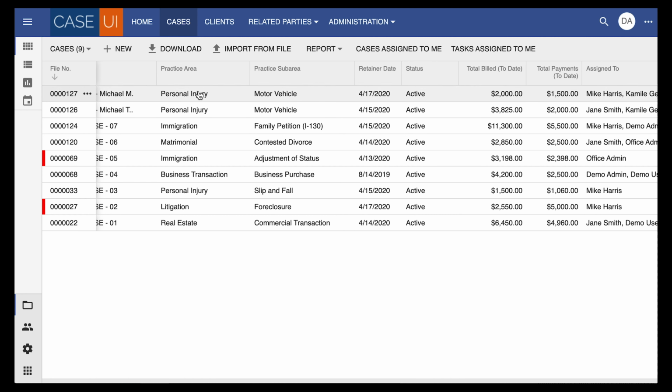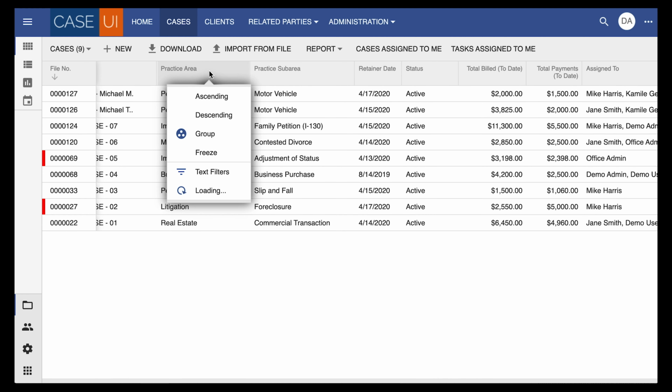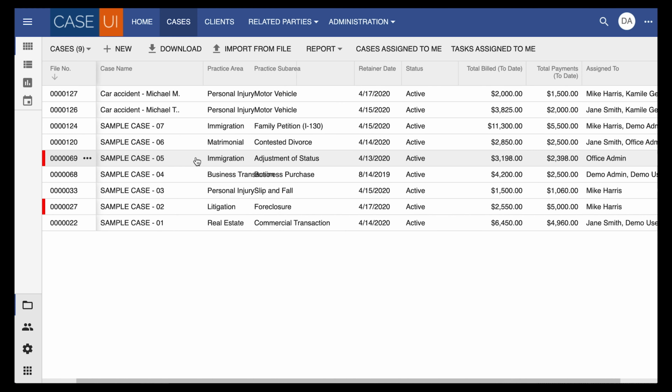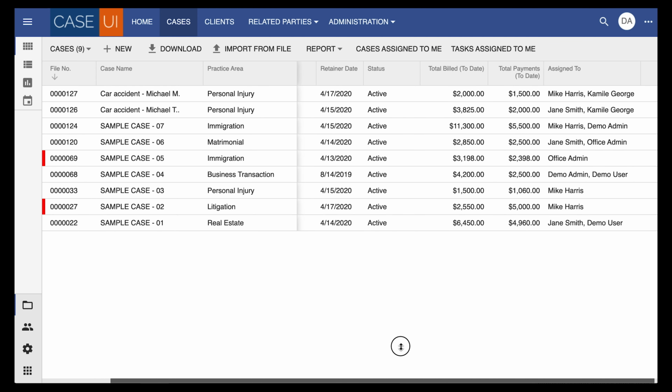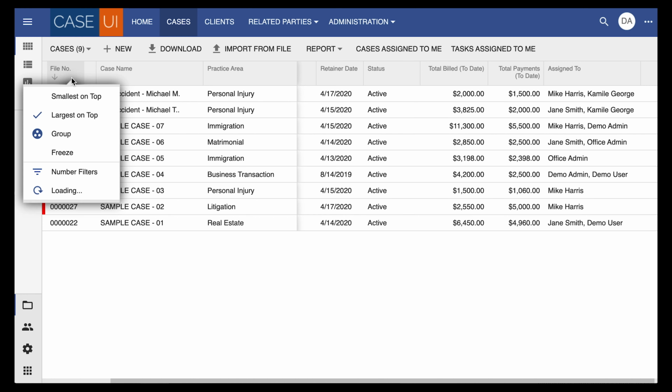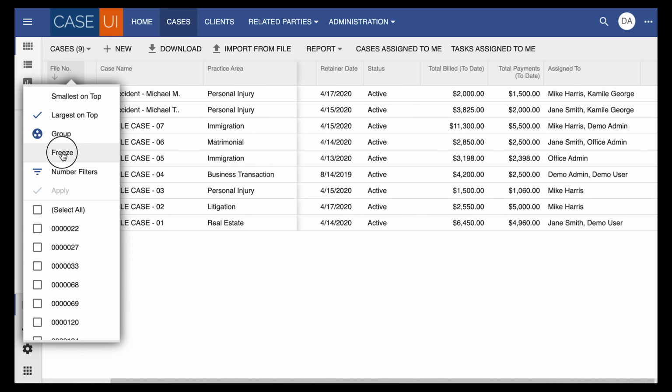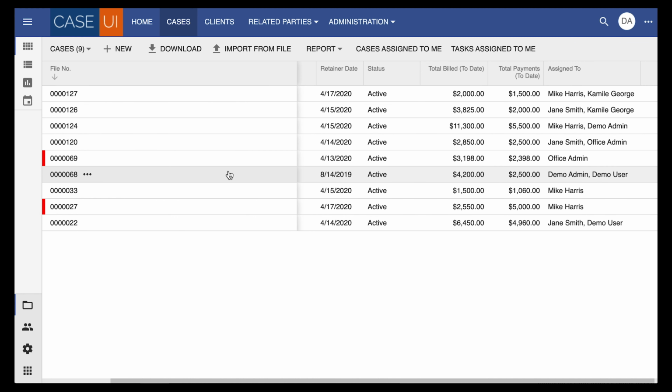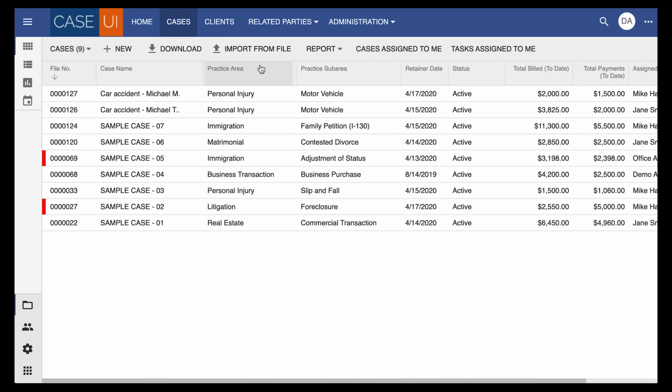If I want to freeze at the practice area so it does not scroll with everything else, I can make the practice area freeze, and then when I scroll, the practice area column stays and everything else scrolls under. The default is the first column only.